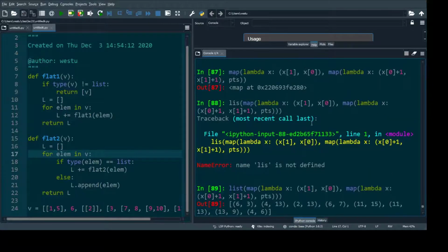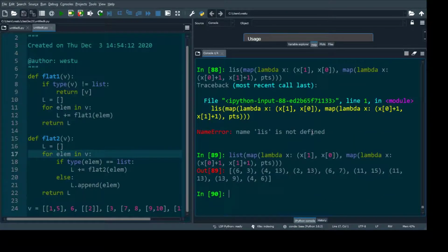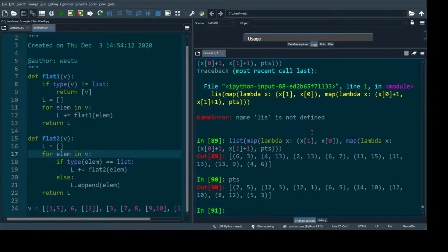So now what we've done is we've swapped the order on them as well. And if we look at points still, instead of 5-2, we now have 6-3. And instead of 12-3, we have 4-13. Okay, so a map can be an input to a map. A filter can be an input to a map. And just like that, we can actually do